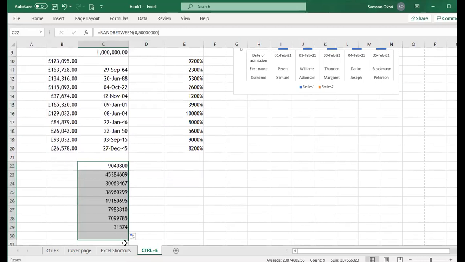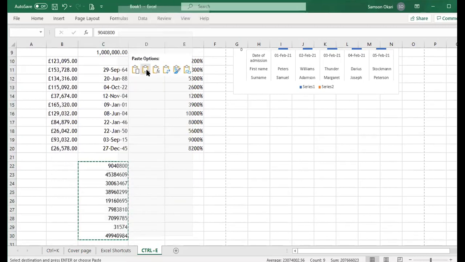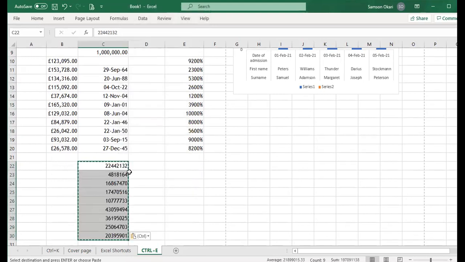I can create some numbers there by auto-filling and format them. So I want to format this using Ctrl Shift plus the heart key, and it will format it scientifically. Scientific means multiplying by or raising to the exponent of. So in this particular case, you can see it is formatting it